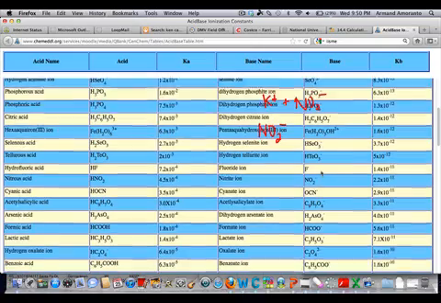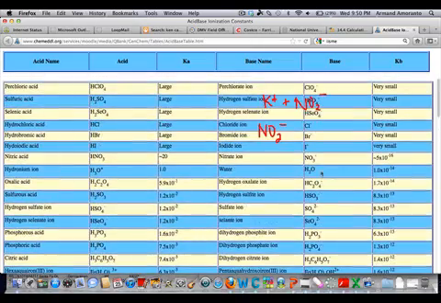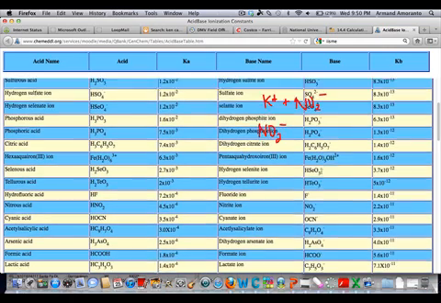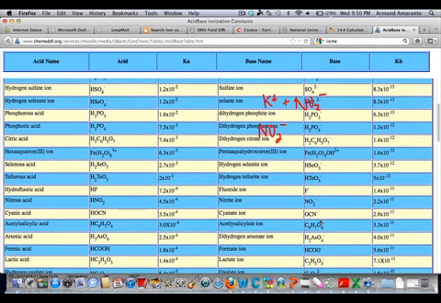NO2, where is NO2? Sorry, there it is right here. So NO2 is right here. NO2 minus ion will act like a base. It even tells you. So it's going to act like a base, which means that NO2 minus will find a water, because it's actually a conjugate base of a weak acid, and it will produce HNO2 plus